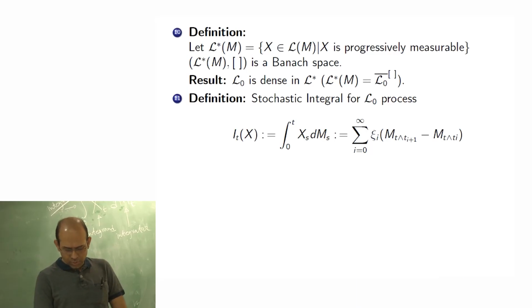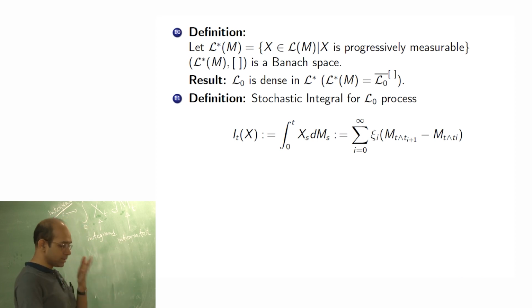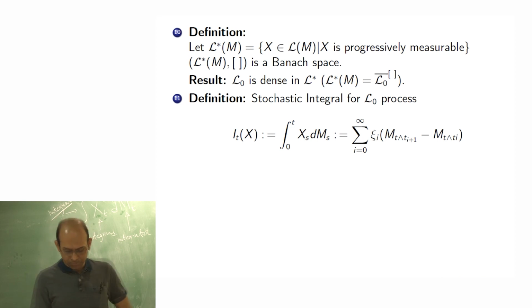So, now we define what we mean by stochastic integral for an L0 process. First we define that, and then we are going to extend this notion for the larger class. We are going to extend this map. So, this is a functional, correct. So, given x, and of course m is already fixed, we define it of x for every positive t in the following manner. This is an integration from 0 to t, this is the notation. We write it this way, integration 0 to t of xs dms. What does this notation mean?